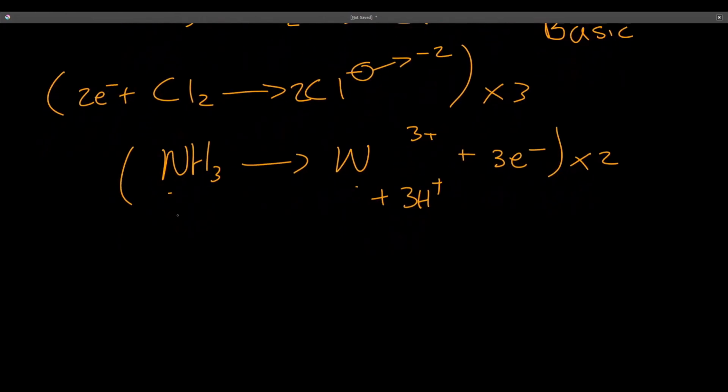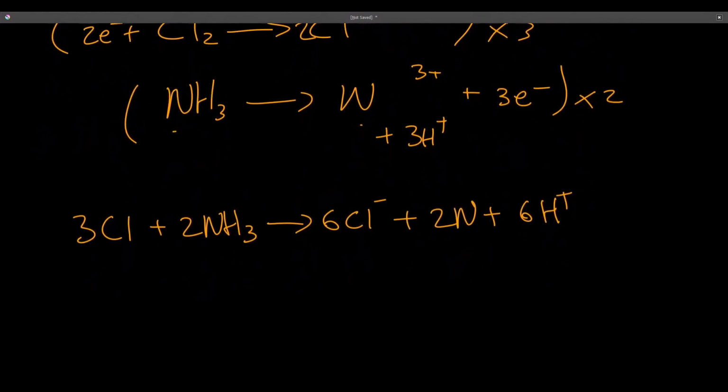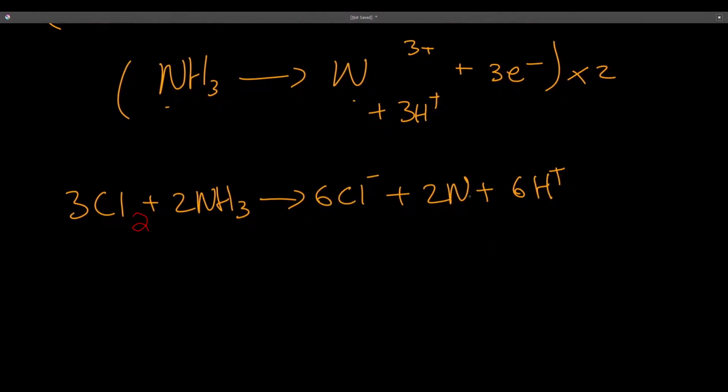So we end up with 3Cl2 plus 2NH3 becomes 6Cl minus plus 2N plus 6H plus. Now we move on to the part that is special to the basic medium, where we have to cancel out the H plus by adding OH minus. When it comes to OH, it has to be added on both sides. So here we cancel this out first by adding 6 OH minus, and we have to also add 6 OH minus to the other side,